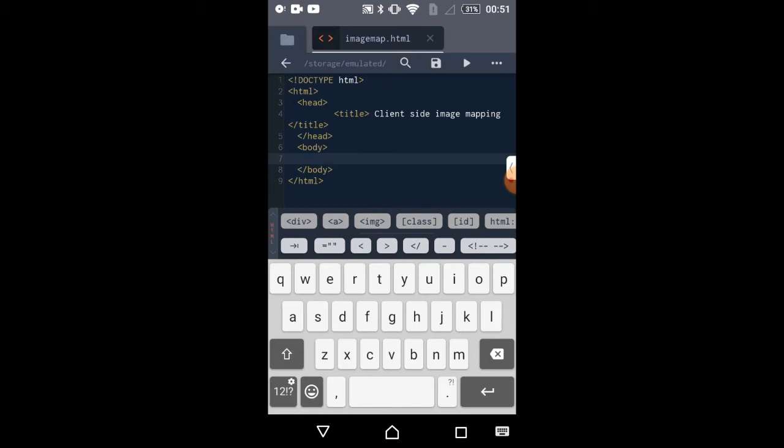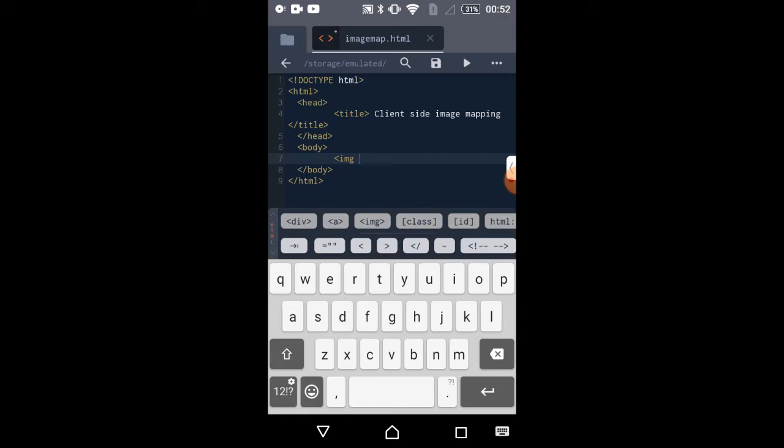So after this, to insert any image in any web page, we have to use img tag. So I am opening img tag. You can simply select from the top as well, but to show you how to write, I am just writing it.